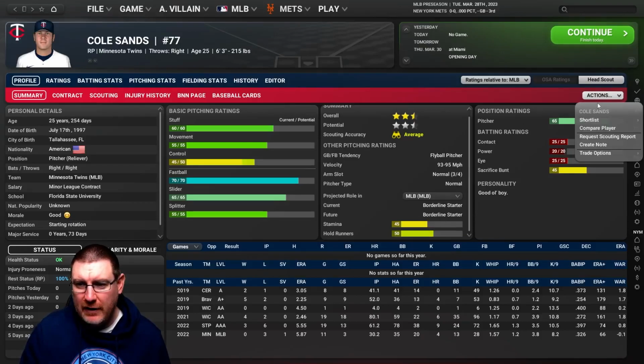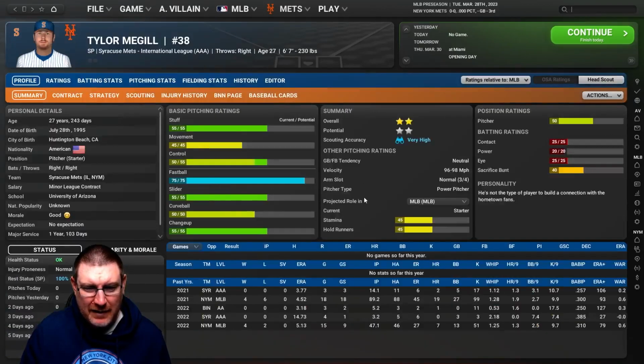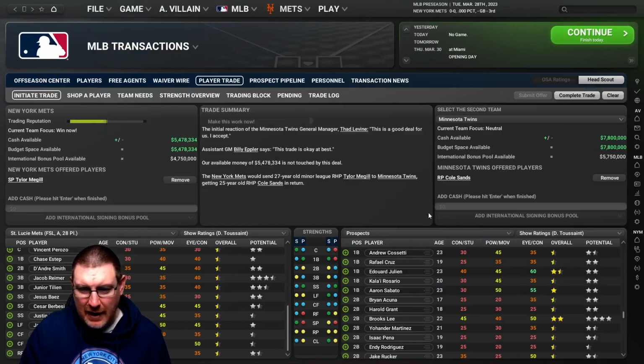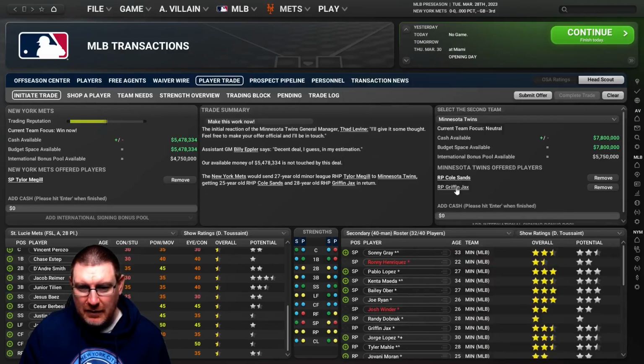But if we were to go and trade for him, we can see here, if we go trade for player, make this work now, we're going to be able to get like a 2-star starting pitcher potentially who's 27. Is he ever going to make it? Possibly not. He's a AAA guy. So if we were to do that trade, and one thing that you can also do, if we just go and add him in, is, when you do a trade, maybe not this particular one, but if we go to just sort of whatever 40-man list here, maybe just always try and add in a relief